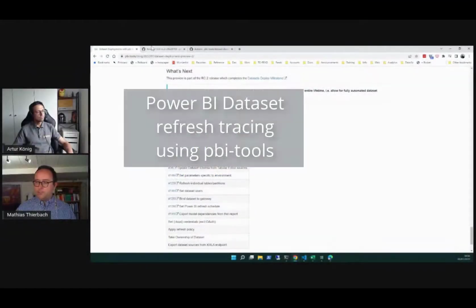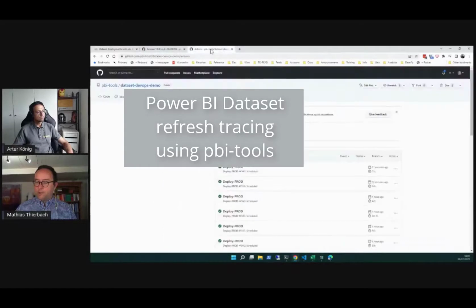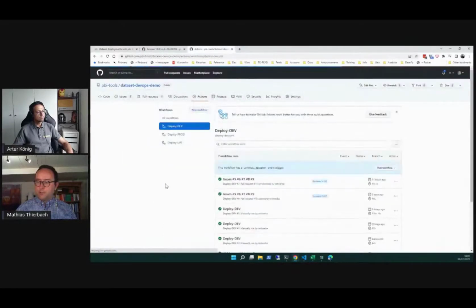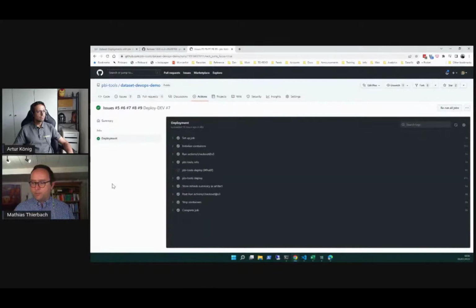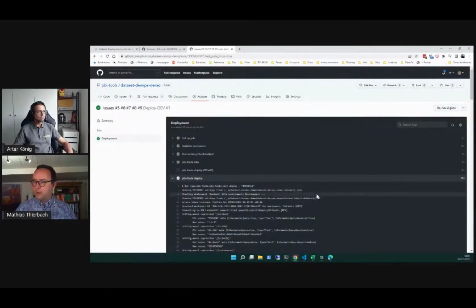Basically, if we go in here, where we've got a live demo. So this is a deployment I ran with the new features in place. And if we look into the logs here,